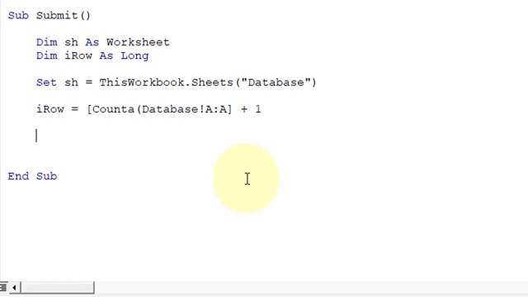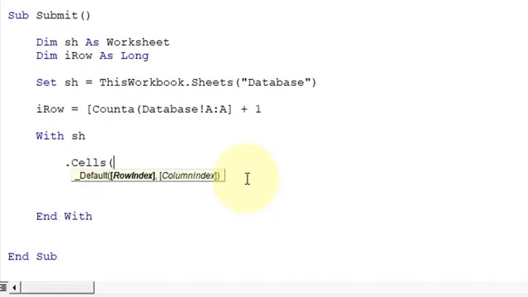So let's start writing the code with sh and end with. So dot cells. This particular function dot cells has two parameters: one is row index and the other is column index. So we already have I row, and the column index is first. First of all, we have to enter the serial number.